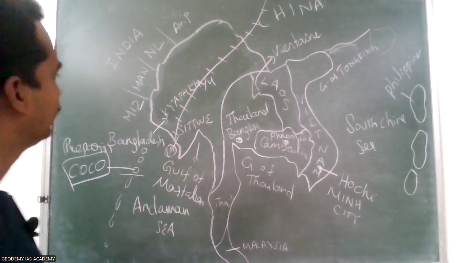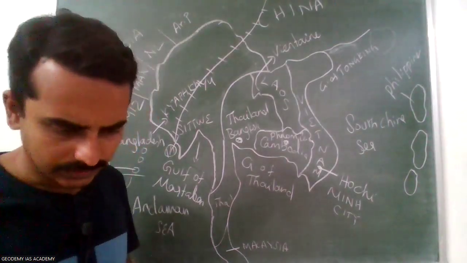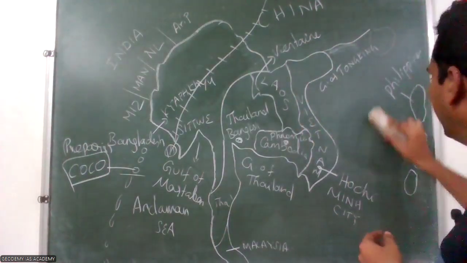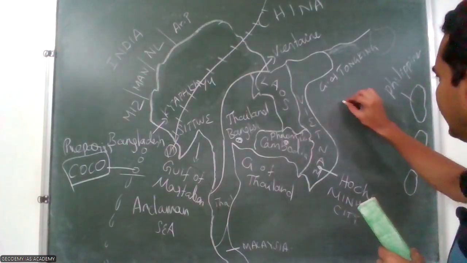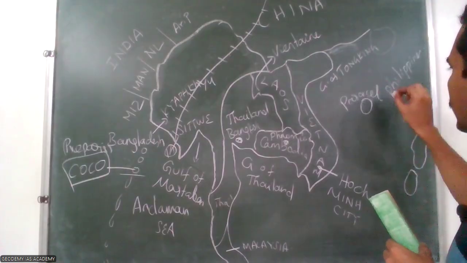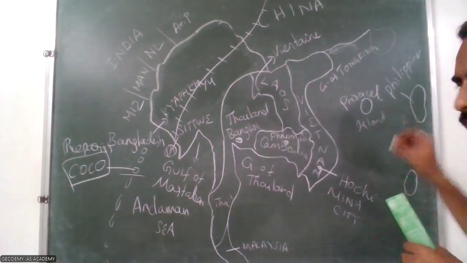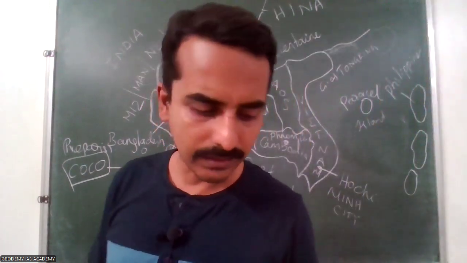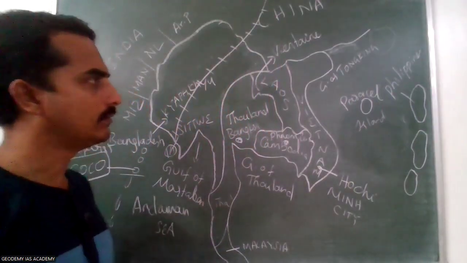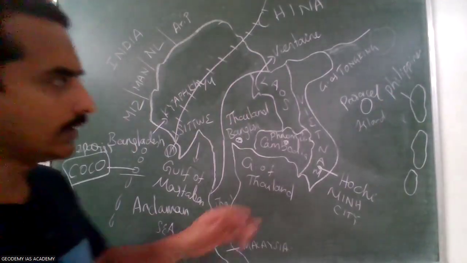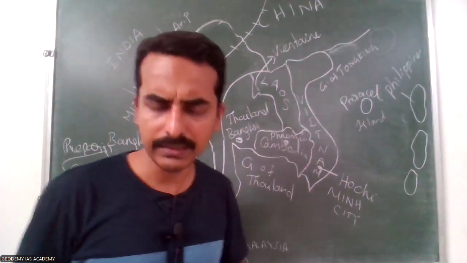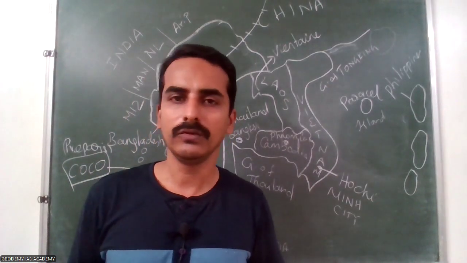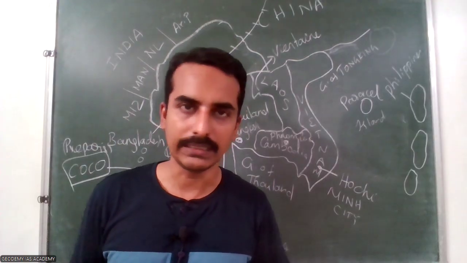Kyaukpyu Island. Okay, so these are, and so many issues are there in Indo-China Peninsula, the ASEAN organization, ASEAN countries, and here the Paracel Island. Okay. Paracel Island is a disputable island. In Paracel Island, Philippines and China, Vietnam and China have many disputes. Okay. Many regions in South China Sea have been encroached by China, and they claim it is their island, and they are making many artificial islands also in many shoals. Okay. That is to increase the exclusive economic zone in the sea. China is doing such activity.